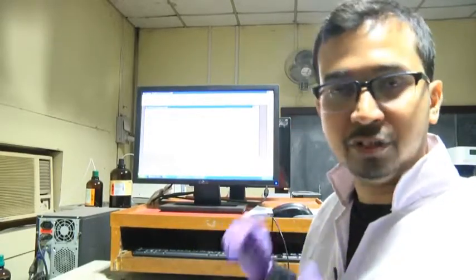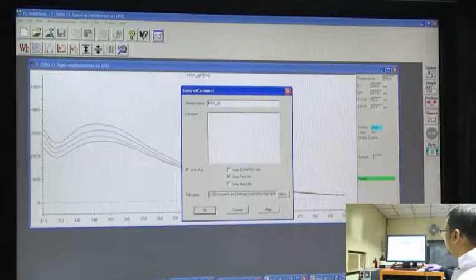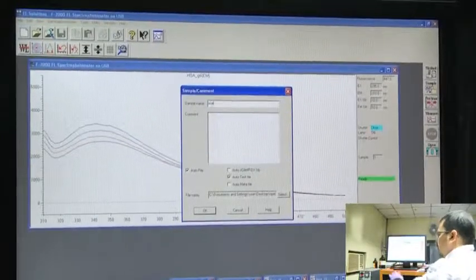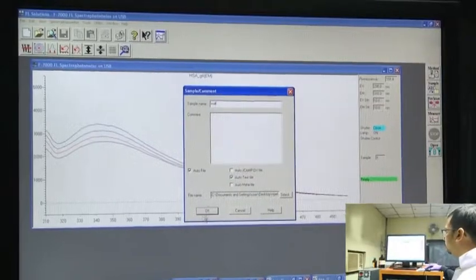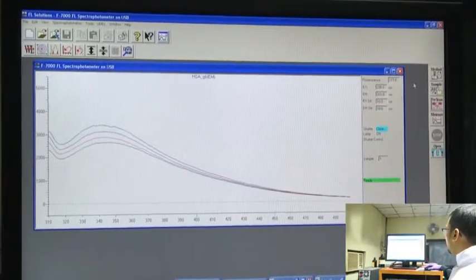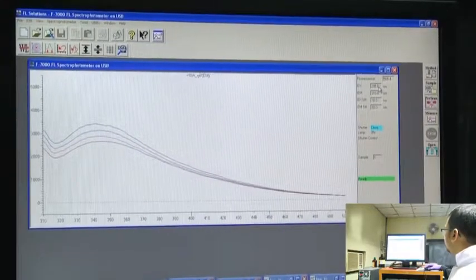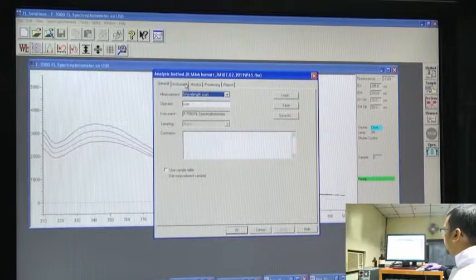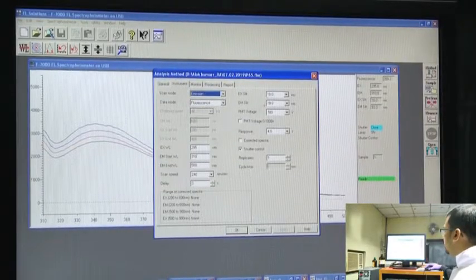Let us see how the spectrum for double distilled water appears with our current parameter settings. We will go to sample and change the name to W8T, indicating water. Now, we can set the excitation to 295, same as before, and the emission to 310. We can go to method again and check that the excitation and emission are the same.